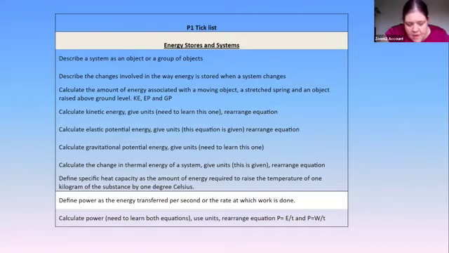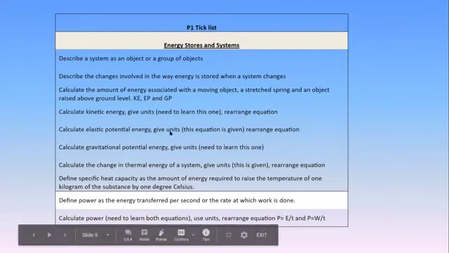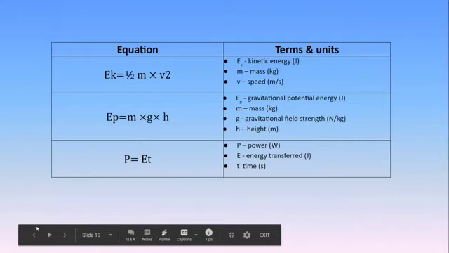Will the equations that they need to know, will we just give them the list of the equations? I am getting on to that bit, so if you can give me to the next slide, I will explain the equations for you. Right, so as I said before, tick list, red, amber, green, share it back to your teachers so they can help.